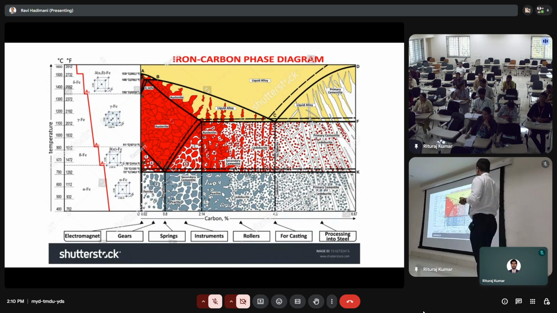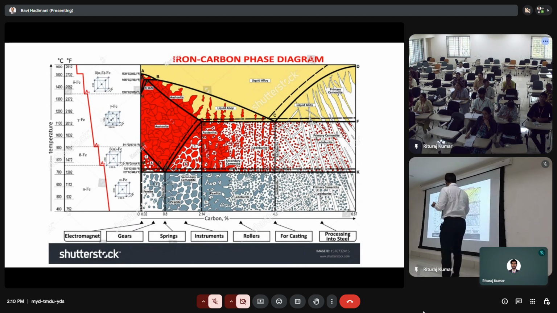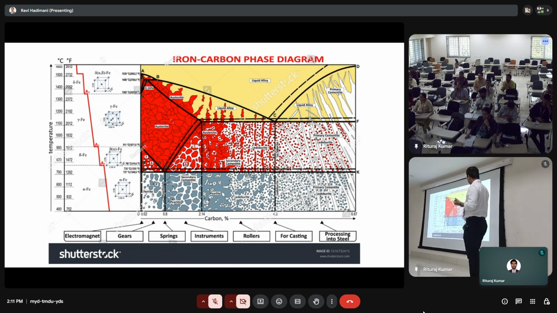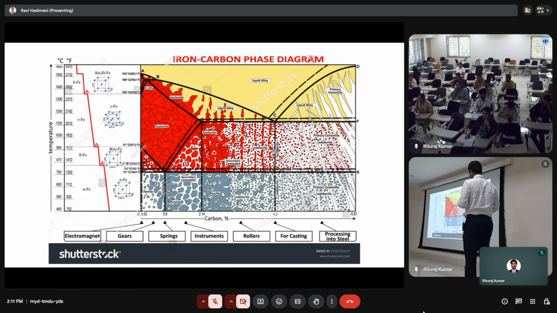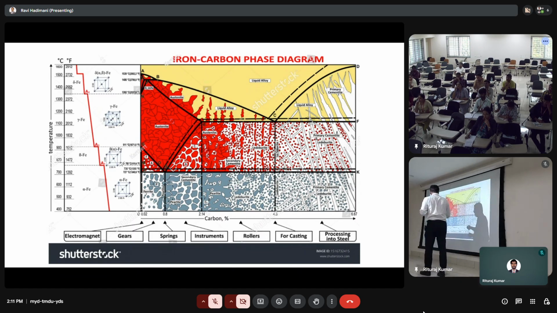Here is a nice diagram I found on the internet. So here is the microstructure directly overlaid on the phase diagram. Pearlite is somewhere here, and this is cementite. So again, this is the temperature here, and if you go from here to here, if you quench or do any thermal treatment, you can change the